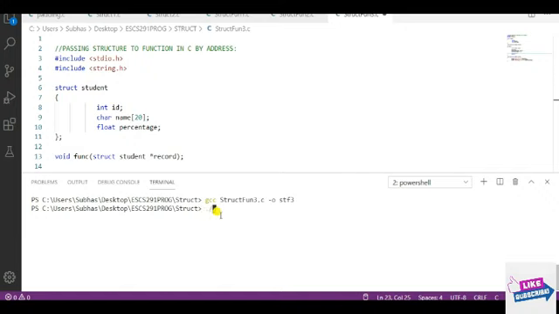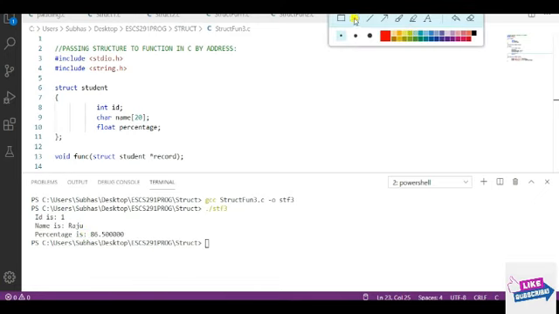After that, if I want to execute, we have to use ./ then the new file name. What is my new file name? stf3. This is my new file name. So the ID is 1, the name is Raju and the percentage is 86.5. This is my output according to this input.